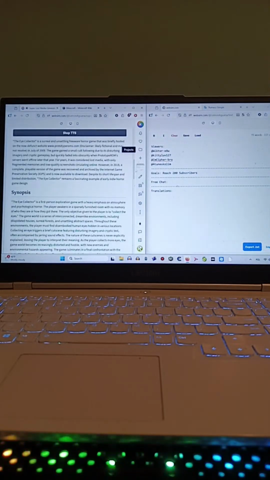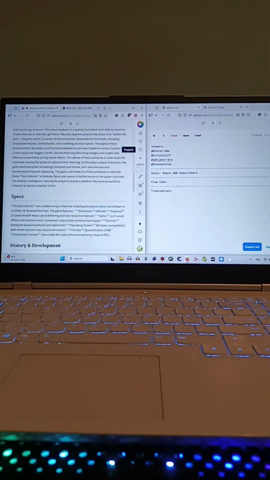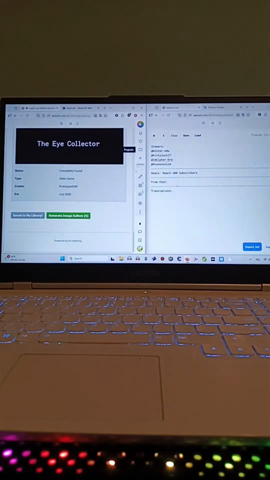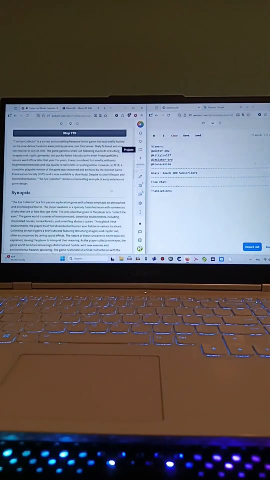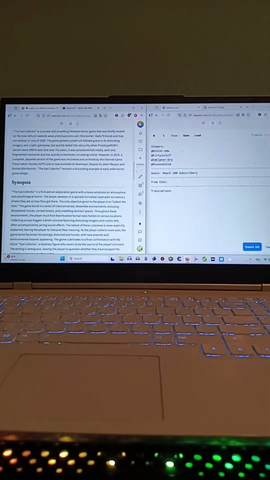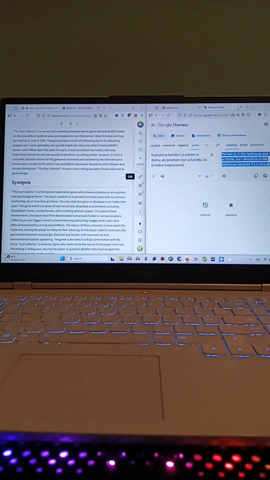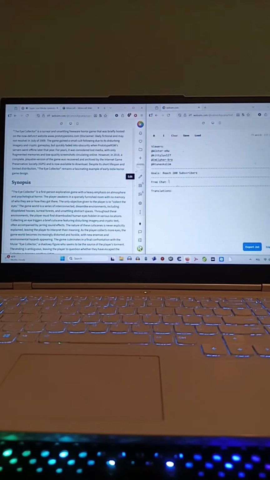The Eye Collector. Status: completely found. Type: video game. Era: July 2009. Creator: Prototype ROM. The Eye Collector is a surreal and unsettling freeware horror game that was briefly hosted on the now-defunct website www.prototyperoms.com. Disclaimer: likely fictional and may not resolve. In July of 2009,